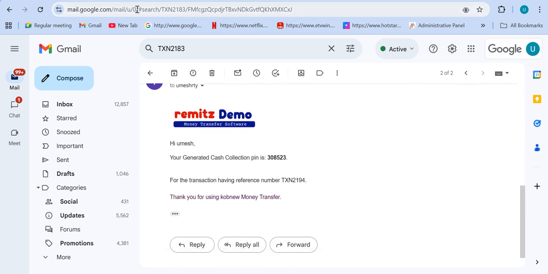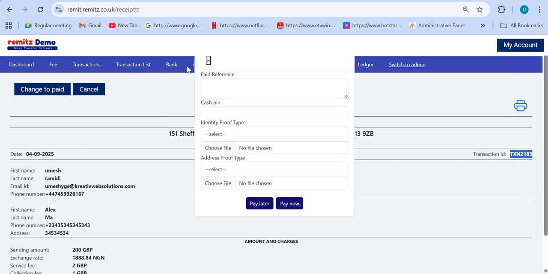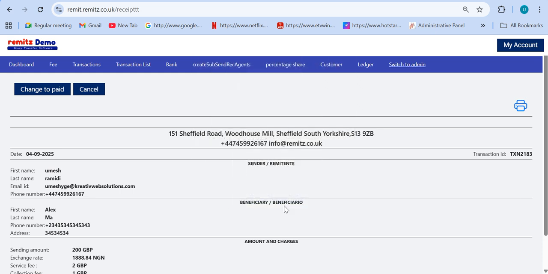Okay, so if I come here and click on change to paid, the pin is mandatory for this cash transaction, and click on pay now, then the transaction will be updated to paid. That's it. So now the customer will be notified via SMS, via email and everything that the transaction is paid